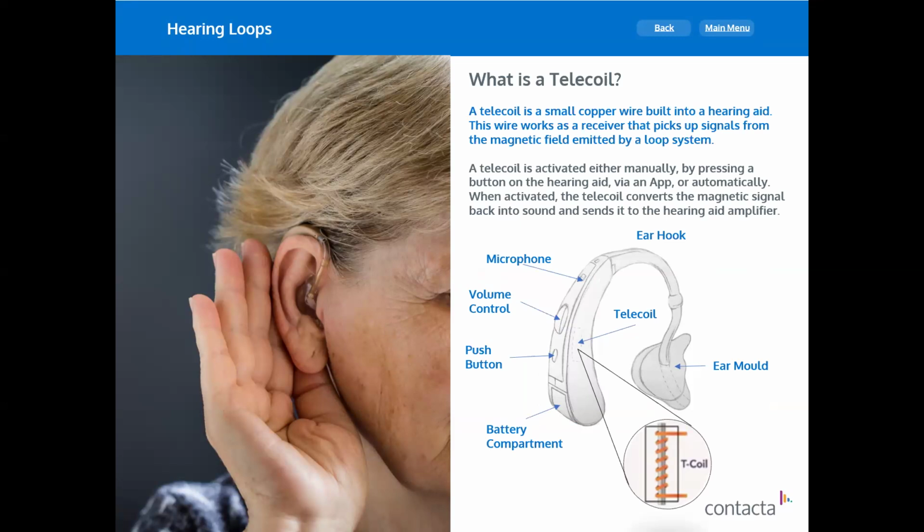It would have a small boundary microphone. It would have volume control, and it would have a battery compartment, either rechargeable or replaceable, non-rechargeable. That's how a hearing aid typically works. In terms of the telecoil, which is a tiny coil that's installed inside the hearing aid,